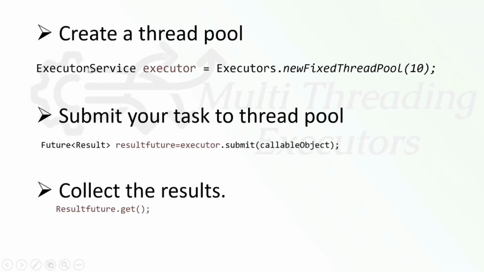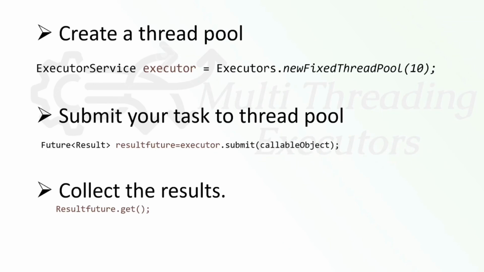So this syntax will create a thread pool. After creating the thread pool, we need to submit our task to it, right? So that from that thread pool, some particular thread will run our task. How will we submit? This executor indicates it's a thread pool, right? Executor dot submit. A lot of overloaded submit methods are there to submit the task. So executor.submit, and the parameter is a Callable object.